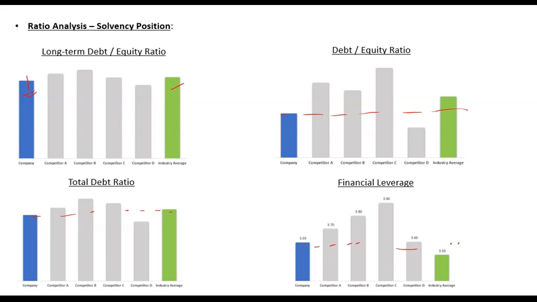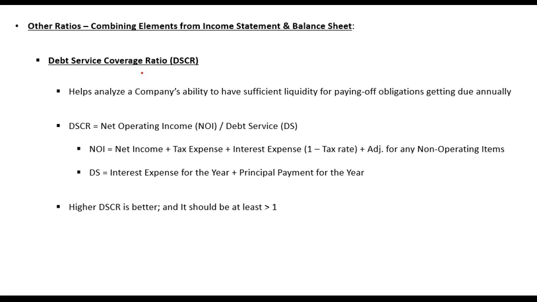So that was about liquidity and solvency analysis. Now moving on to the last part, that is combining elements of income statement and balance sheet. So far we looked at income statement in isolation, then we looked at balance sheet in isolation. There are certain characteristics or elements that you can combine from these two to further support your analysis. And here we will be studying those.